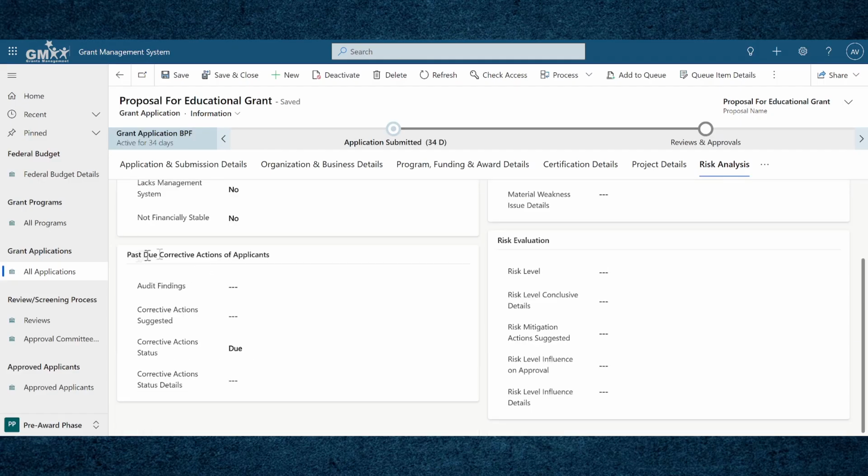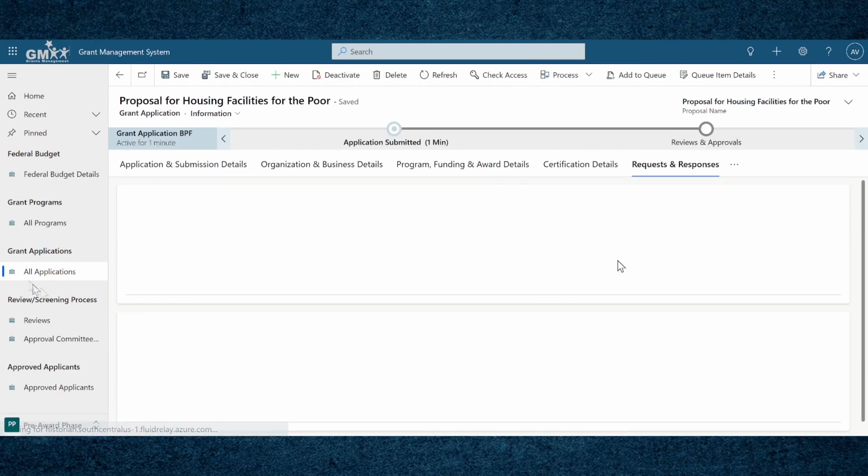So this subgrid is related to the entity additional information request. So I'm going to add a new additional information request. We will just fill in a few details first in this quick create form, and we'll fill the remaining details in the main form where I'll explain the other fields as well. So for the time being, I'll just save and close. Now if I click on info and reviews, I can see the whole form.